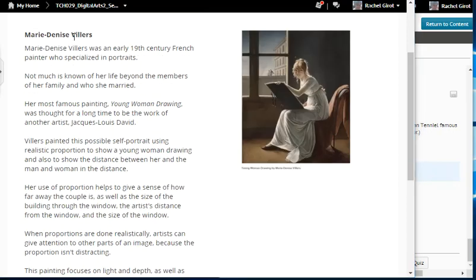Marie Denise Villers, and since she's French, it would probably be pronounced Villiers. Marie Denise Villiers was an early 19th century French painter who specialized in portraits. Not much is known of her life beyond the members of her family and who she married. Her most famous painting, Young Woman Drawing, was thought for a long time to be the work of another artist,